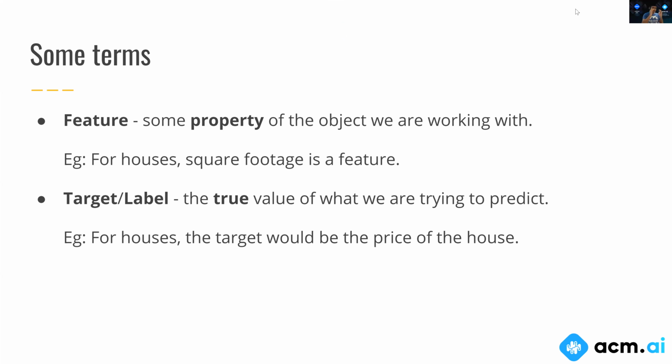So let's say for a given house with a given set of features, we would have both a target or label, which is the true value of the price, and a prediction, which is our model's prediction of the price. And as we'll see later in this workshop, we want to compare our prediction to the target or the label, and then we're going to apply some gradient descent and all that fun stuff, and you're going to see that pretty soon. So yeah, you can move on.